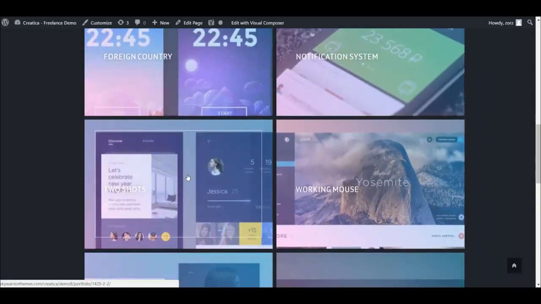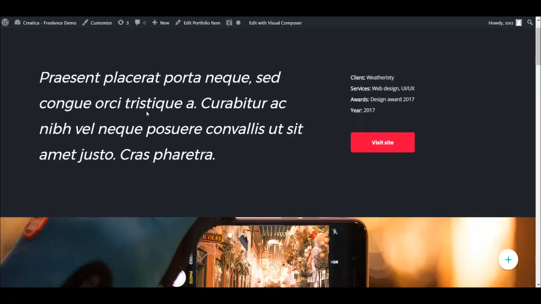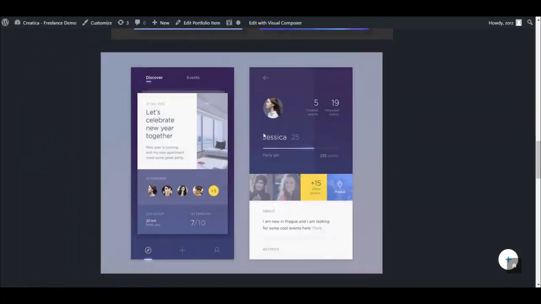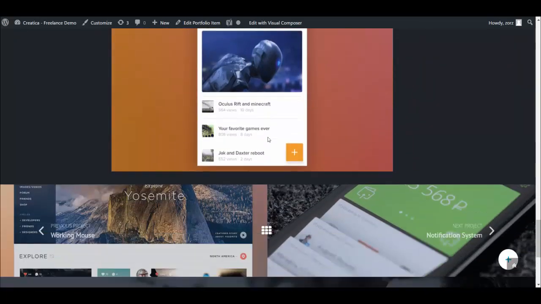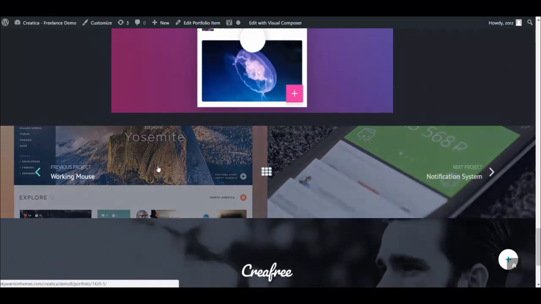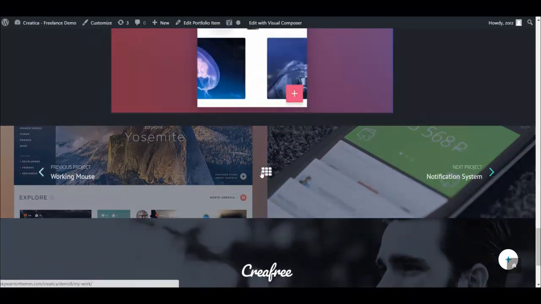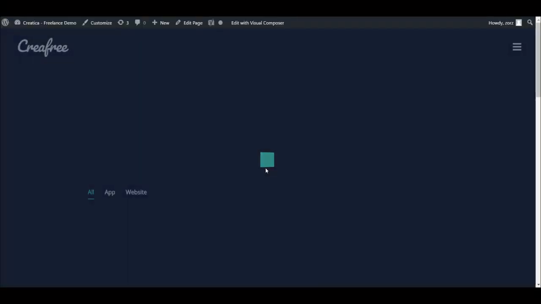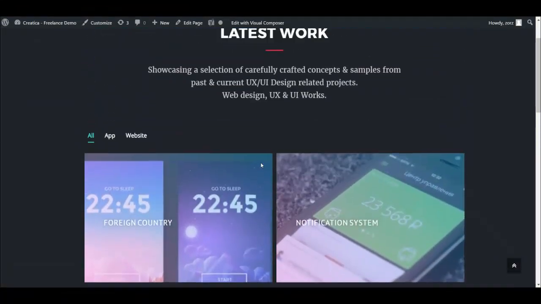Let's see some single portfolio page. As you can see, you have text, buttons, parallax background, some images, so it's pretty much like any other page. You have this navigation at the bottom, so you can visit previous or the next project, or you can visit a custom page. So let's go to the theme options portfolio section, and we can talk a bit more about